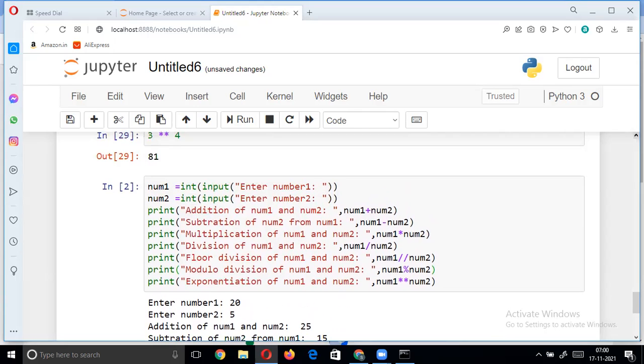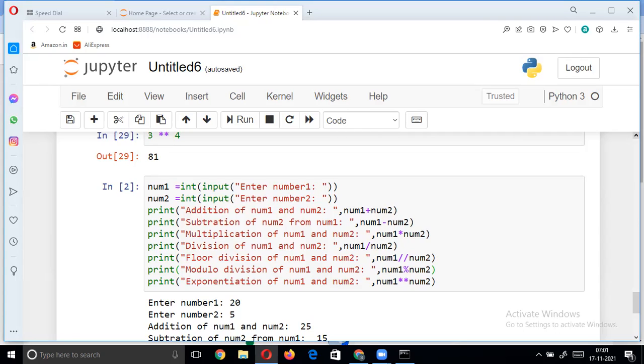With the help of input, the data we accept is going to be converted into integer. What we are taking here is actually a string, and the string is converted into integer. Actually, we have the concept of typecasting. In the coming sessions we will discuss typecasting. Typecasting or type conversion is nothing but converting from one data type to another data type. There are two types of type conversion or typecasting: one is implicit typecasting and the other is explicit typecasting.